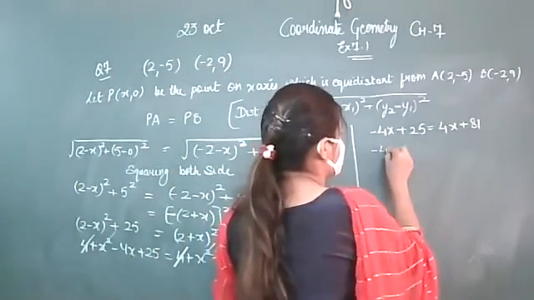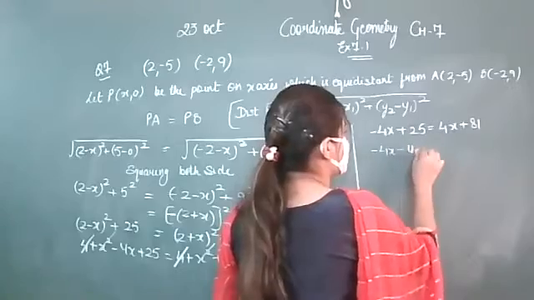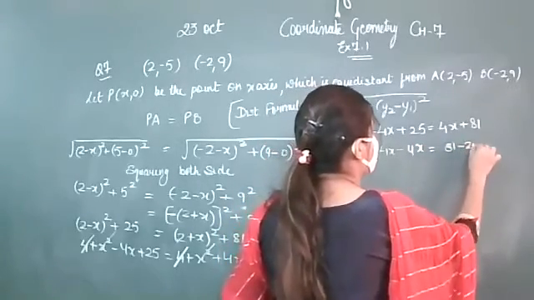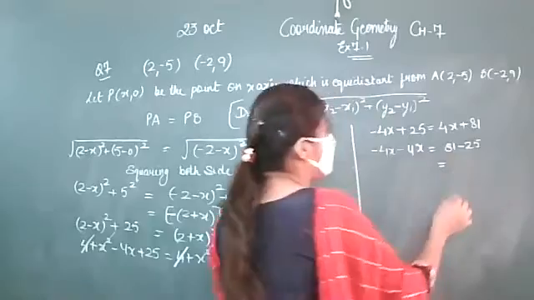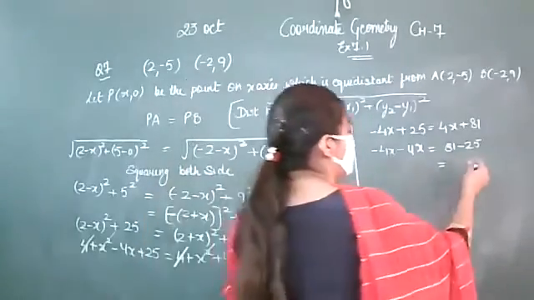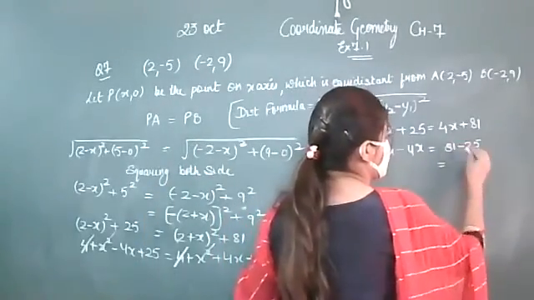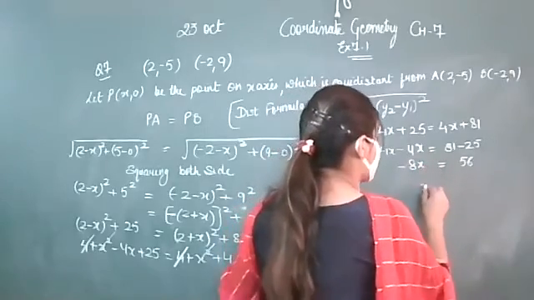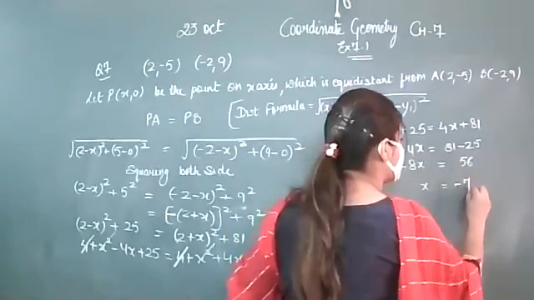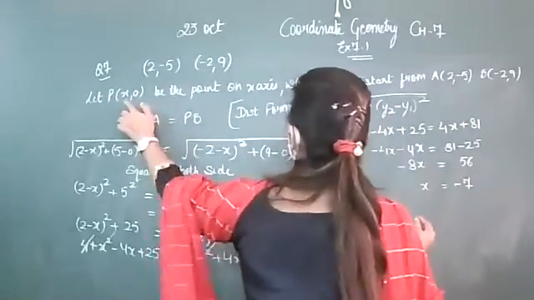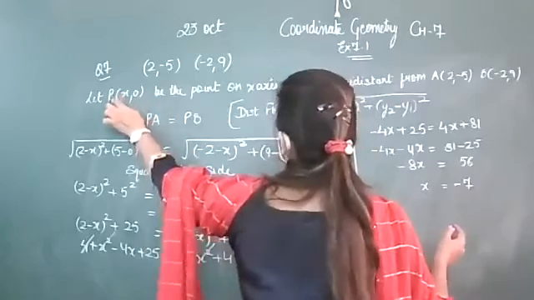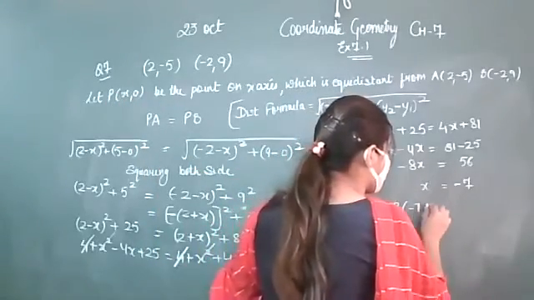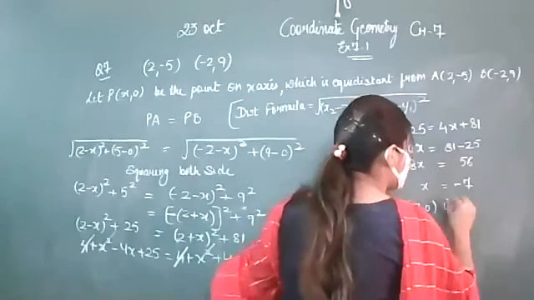Minus 4x. When you take this minus 4x here, it will become negative. This 81 minus 25 will give you 56, and this will give you minus 8. So x is equal to minus 7. Now in the beginning, I supposed the point as P(x, 0). So the point is P(-7, 0), which is